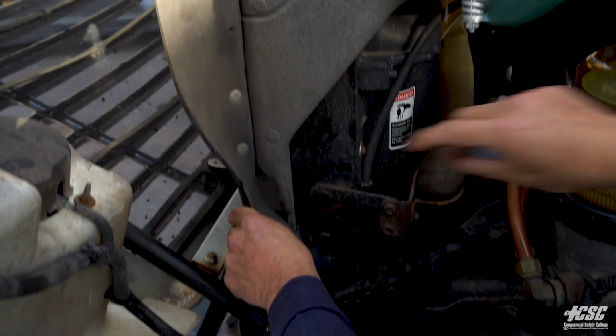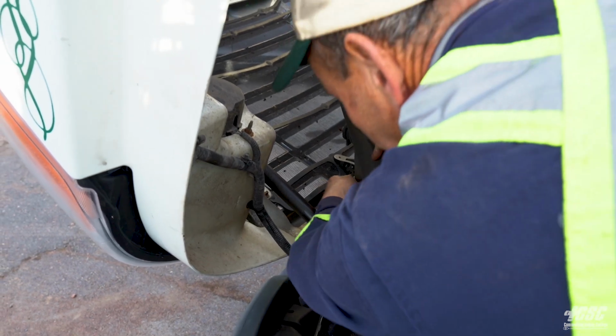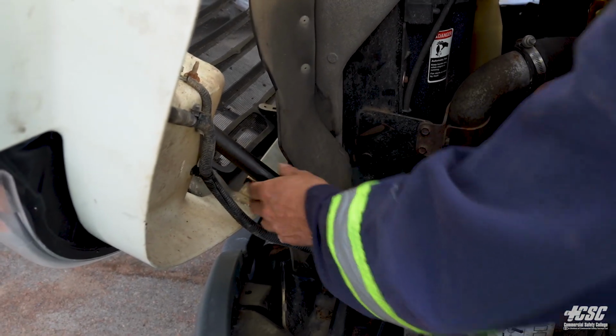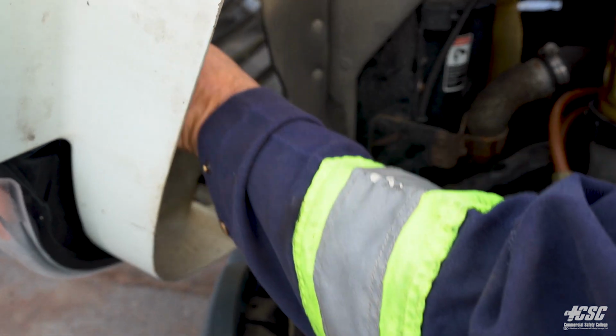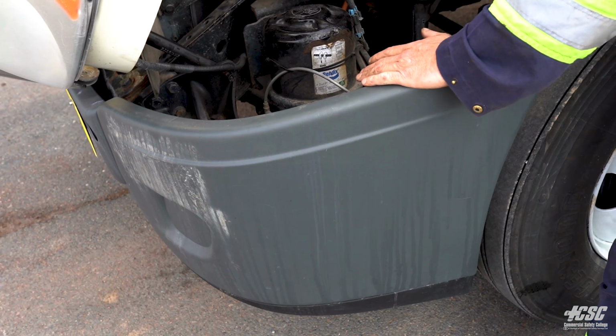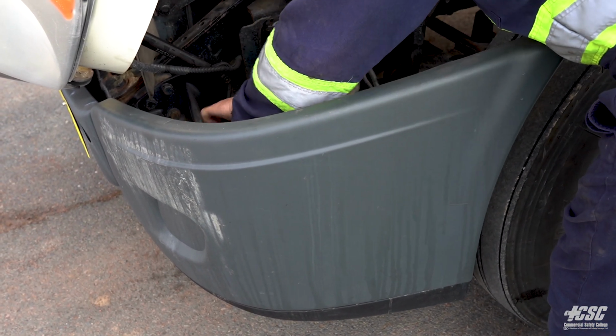And I'm going to reach out front here. I'm going to check the hinges of my hood, and they all appear to be tight. The shock on my hood is secure. My wires going to my headlights are all securely mounted. They're not chafing or rubbing. My front bumper appears to be securely mounted. There's no missing hardware, and everything appears to be